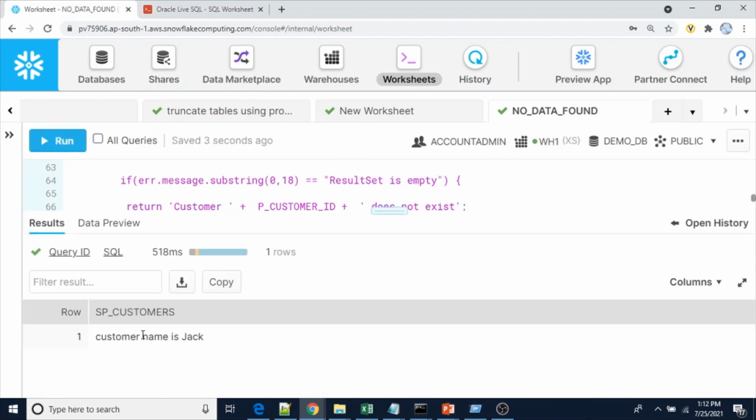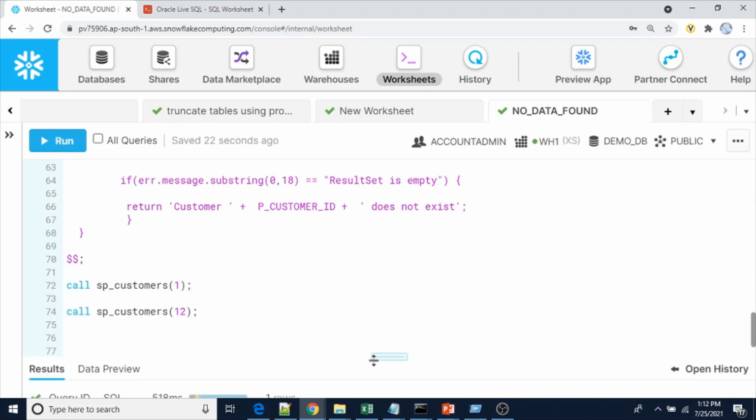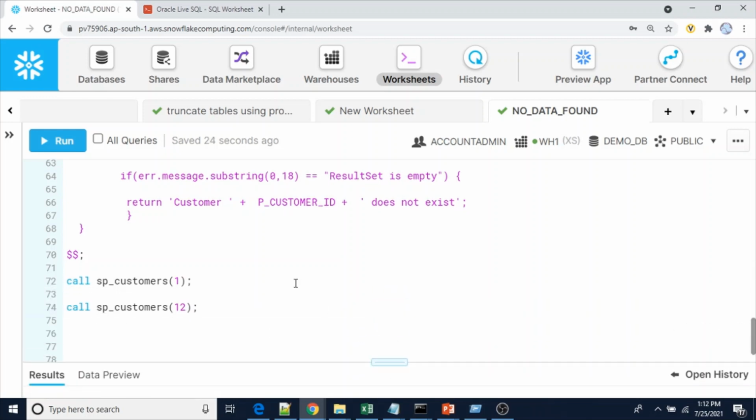Please note that in Oracle, by using the dbms_output package we can display whatever strings we want, but here we cannot display on the screen. That's why I just use the return keyword.